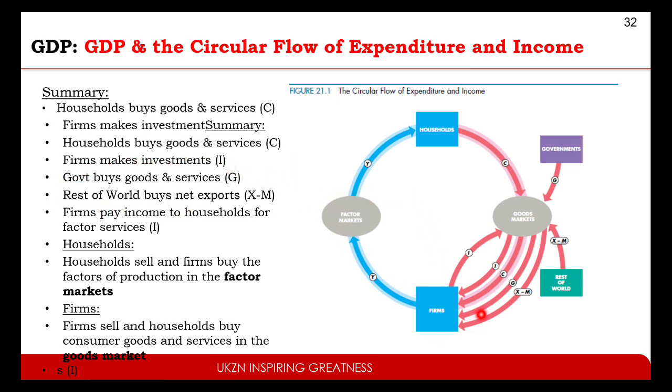And then there's X minus M, you might get confused. Here's X minus M. X is exports and M is imports. So exports minus imports goes to the businesses. Now you might be asking why is it X minus M and not just X or just M? So